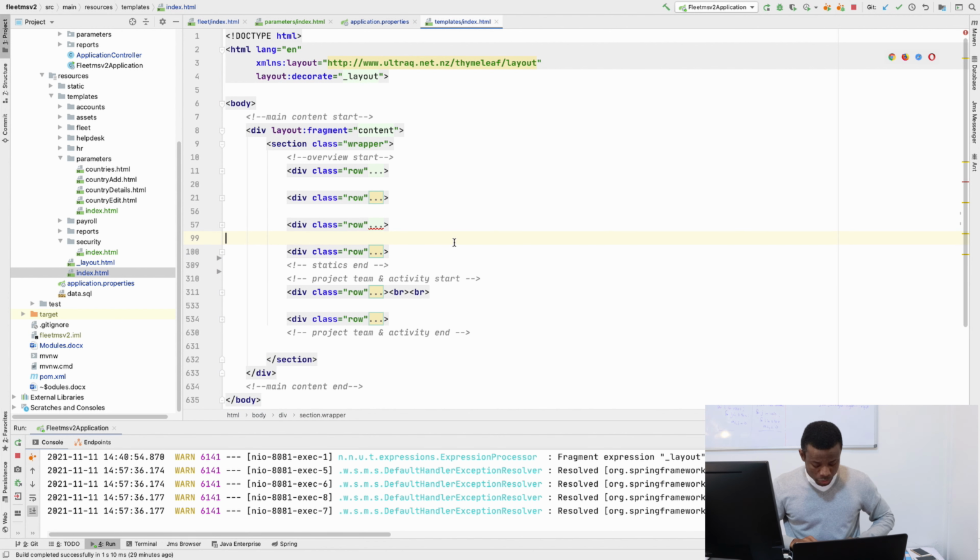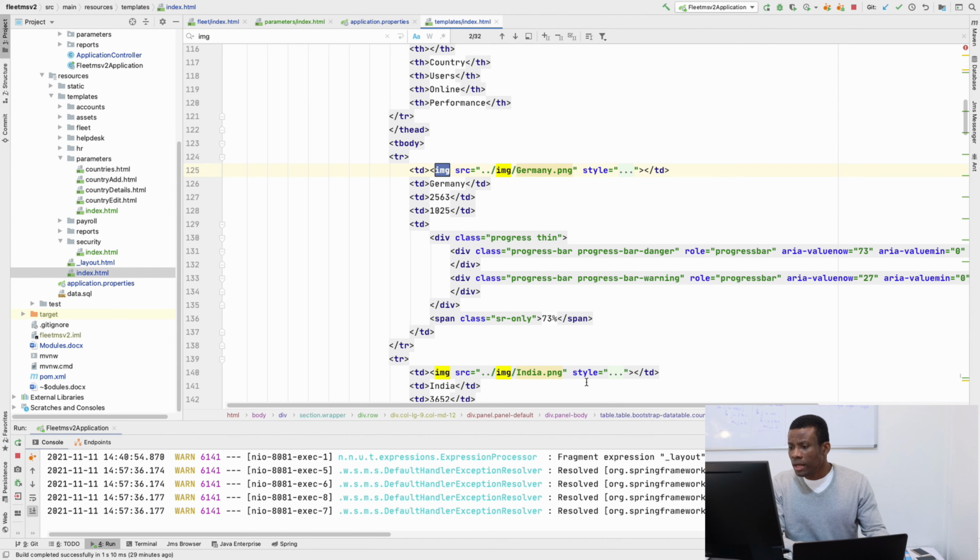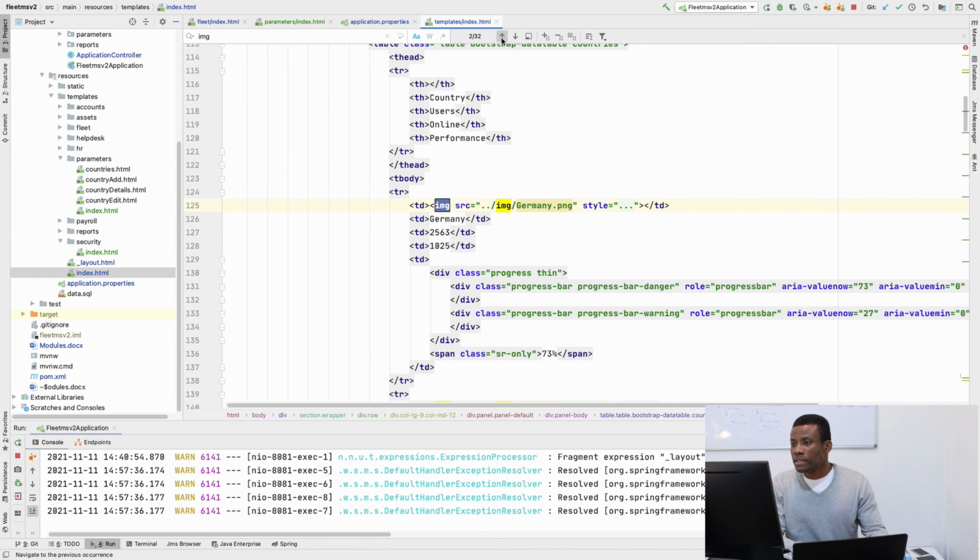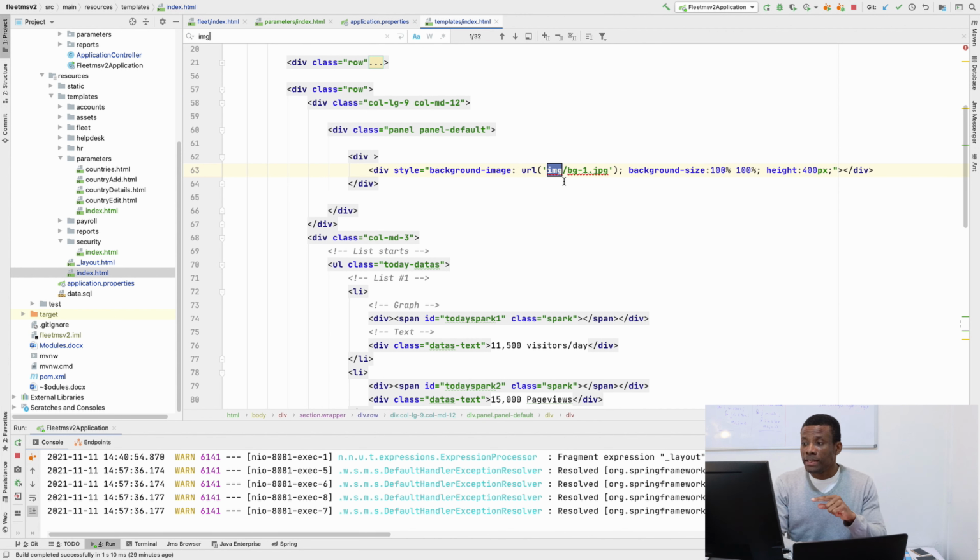So if I use Control F to search for IMG, I can see, okay, let's see, we can see IMG BG1.jpg. That is the name of the image. How do I know? Because I see that the name is BG, and I automatically know that it refers to background. So what I can do now is possibly, I think this will be easier for me, to just change it to BG11. Okay, so instead of overwriting, let's just change the name, just in case we can use it again. We don't have to lose any image that is in our